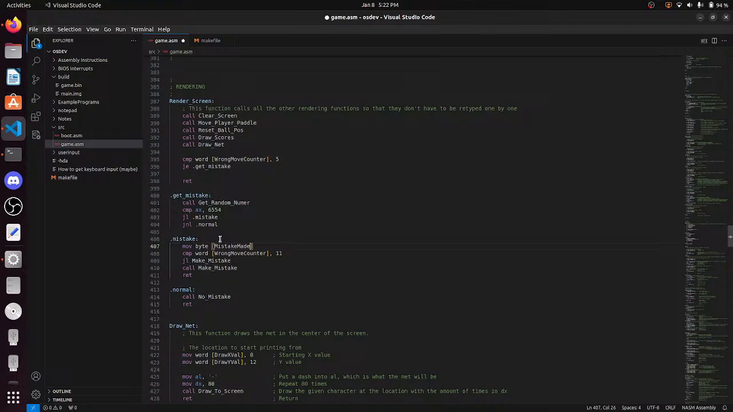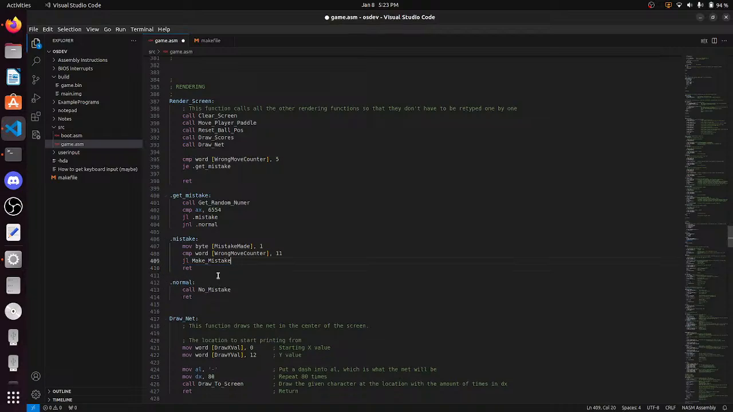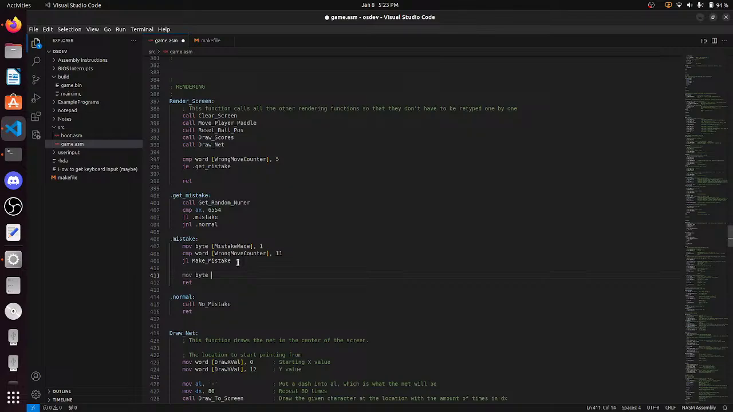mistake made 1, indicating that it's true, and then if it is less, make the mistake, and then if not, if it's less than that, make the mistake. Otherwise, move byte, mistake made 0, and then return,